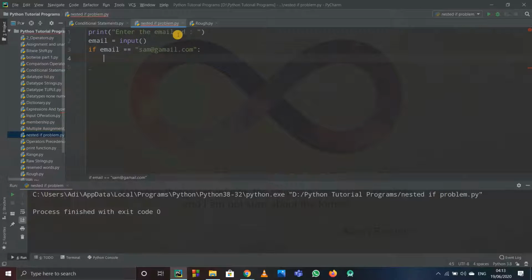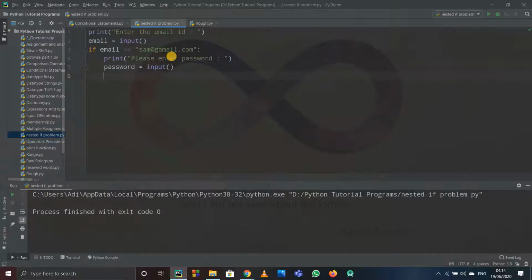If this is true, so if the email ID entered is this, it is correct, then I'll have to tell the user to enter password. So I'll tell the user, please enter your password. After that, the user will enter password, and I'll have to store that password in something. So I'll start a variable called password, and I'll again take the input of password.